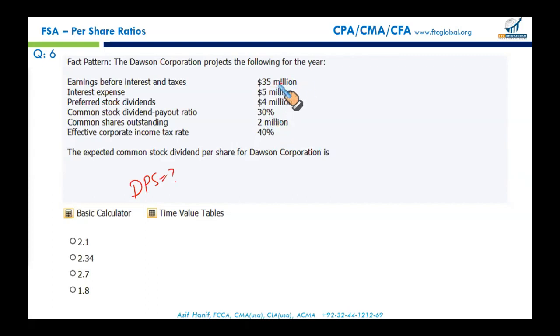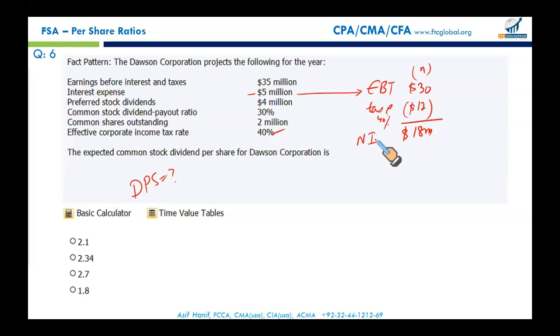We have been given the earning before interest and tax, EBIT. From this, we need to deduct the interest expense. If we do, we get $30 million, and this $30 million, gentlemen, is called the EBT, earning before tax. Then from this earning before tax, we pay tax at the rate of 40% given right here. 40% of 30 is going to be 12 million. All the numbers are in millions. So what you get is $18 million. This is what you call the net income or the earning after tax.